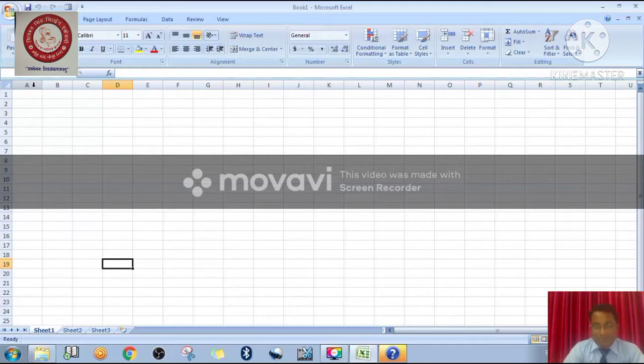Number one, the enter key to go to the next cell downward. Number two, the tab key to go to the adjoining cell. Number three, you can press any arrow key: left arrow key, right arrow key, top arrow key, bottom arrow key. You can use any of the arrow keys, right?